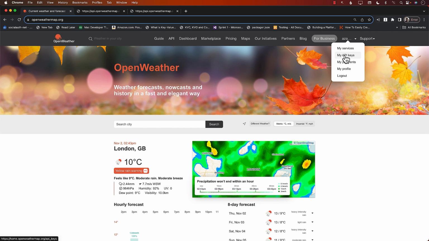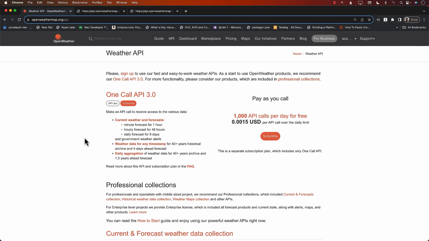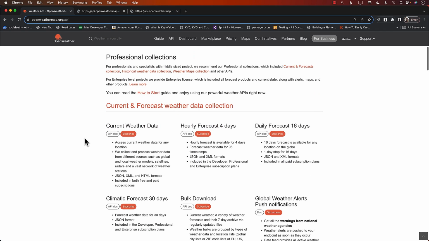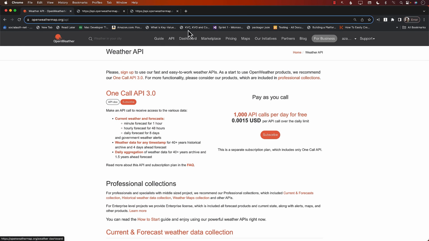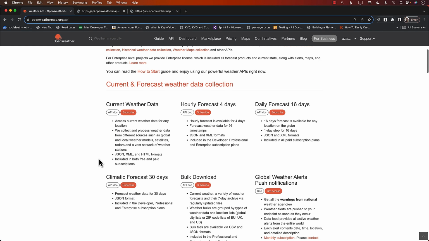It will be freely available to you. Make sure that you provide the correct email address also. Now, OpenWeatherMap has gone through some changes, and instead of getting the weather just by the city name, they do provide the ability to get the weather by latitude and longitude. So if you go to the API link, which is right here, and if you scroll down, you will see